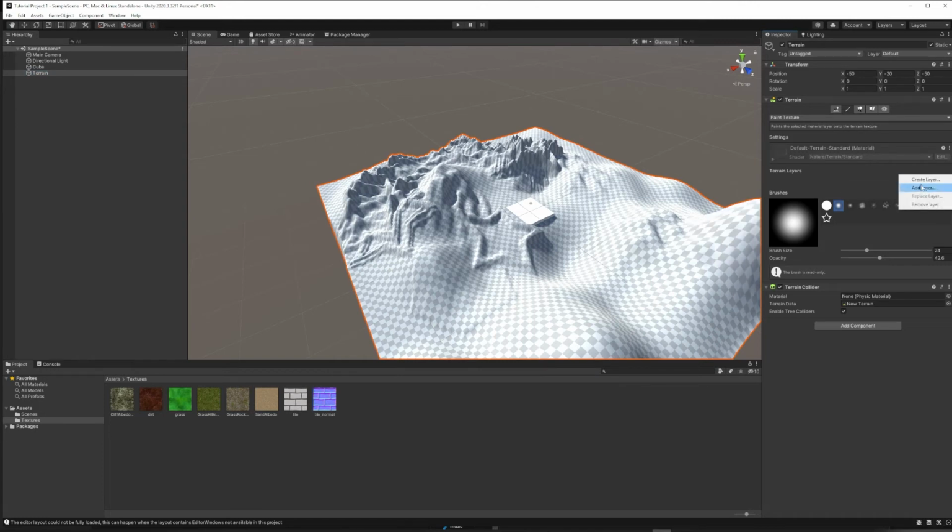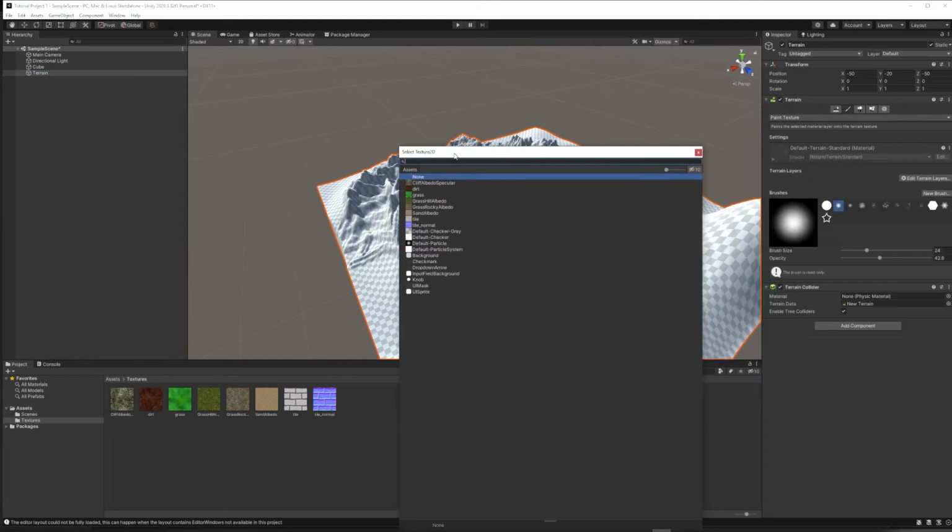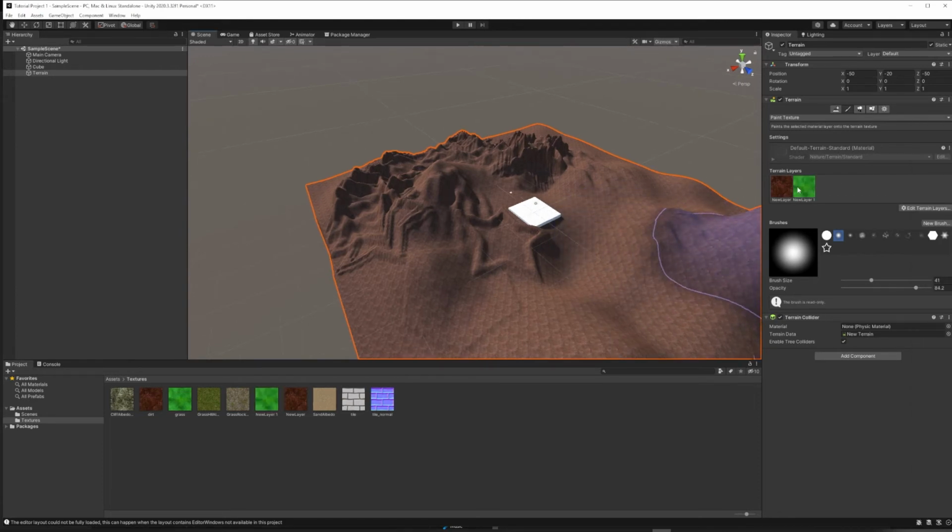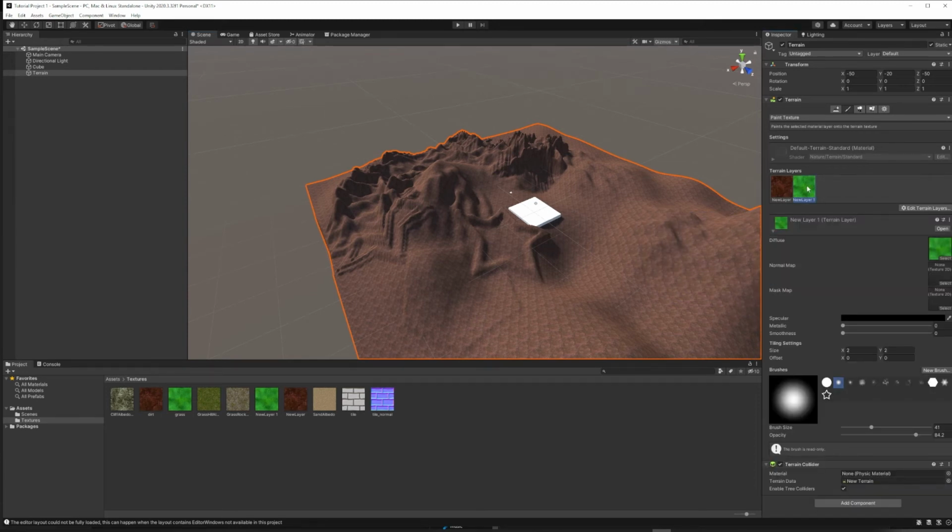So edit terrain layers, create layer. Now you've got your choices from down here. I'm going to start with the dirt. I can double click, and the first layer we create covers the entire terrain. The second layer we create, I'll go with grass this time, is on our brush. So you're going to want to select the layer you want to paint with. So we're going to select the grass, and then